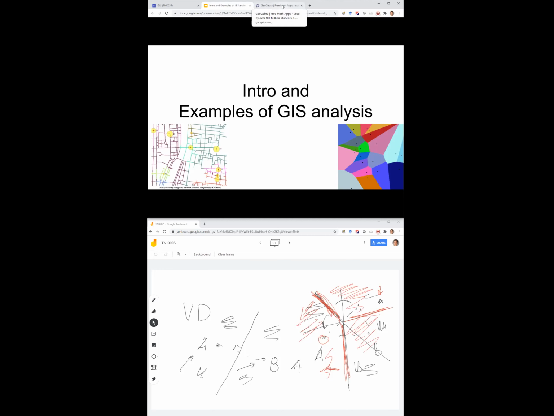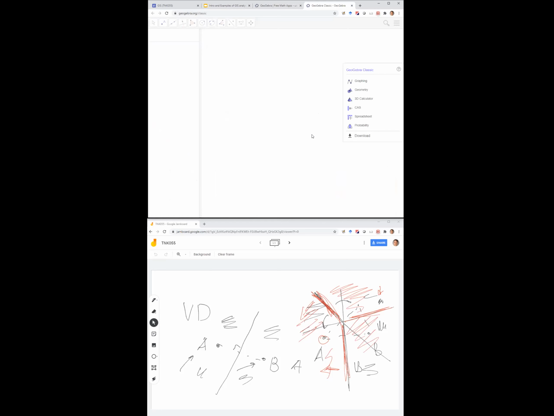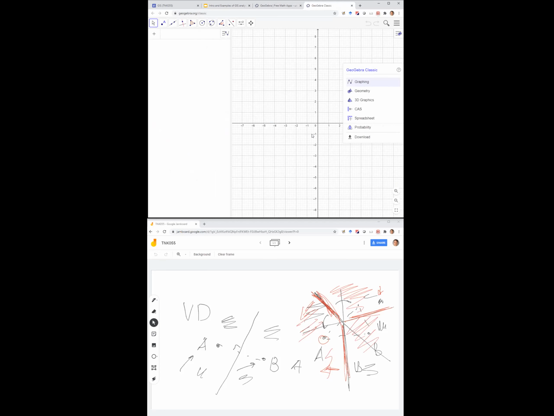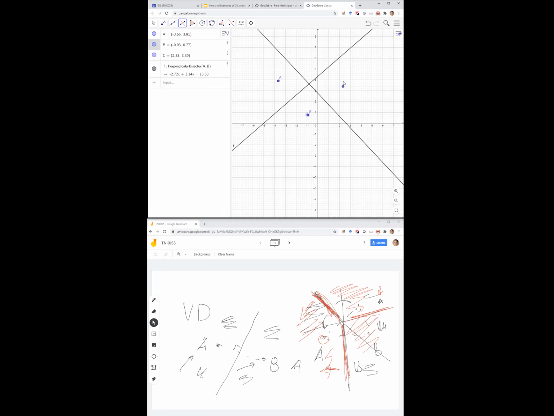One thing that I want to show you, it's not software that we study, but it's a neat tool. So I'll just show it during the lecture, to play with it. It's called GeoGebra, geogebra.org. And you can start something called GeoGebra Classic. There are also other kinds of GeoGebra. This is an interactive tool. Again, we don't study it in the course, but it's quite useful because you can quickly put in some points. And then there are tools to draw perpendicular bisectors, let's say between A and B, between B and C, and between A and C.